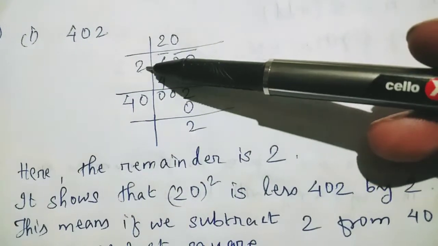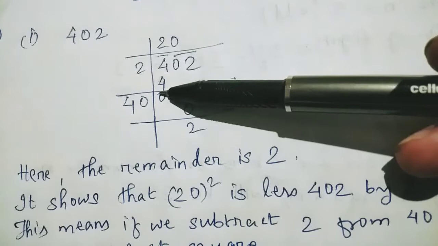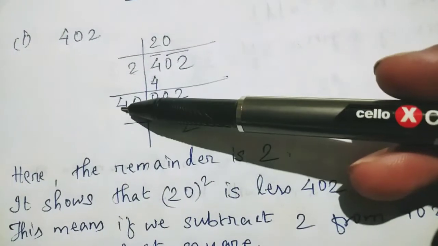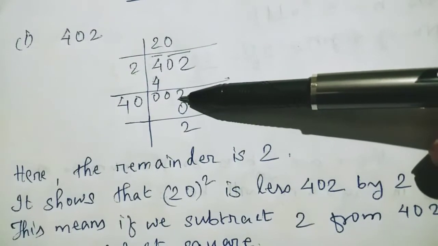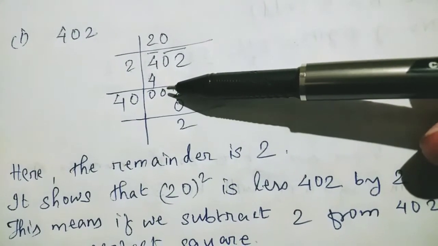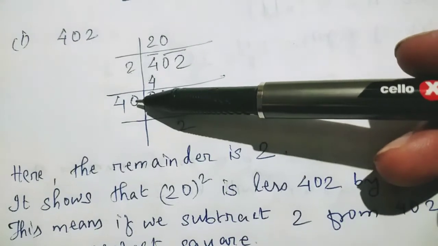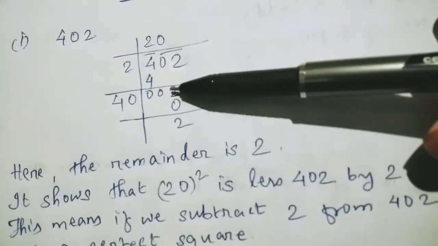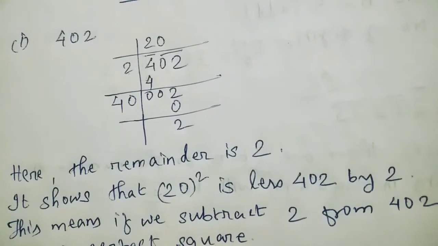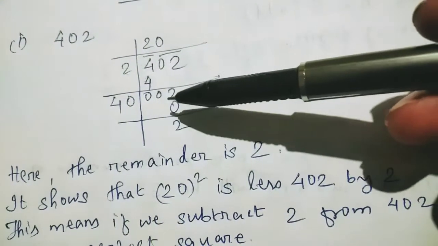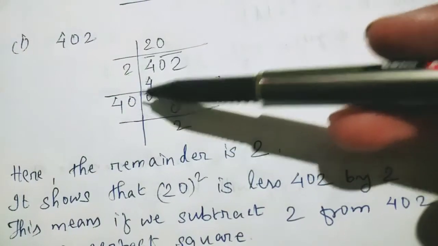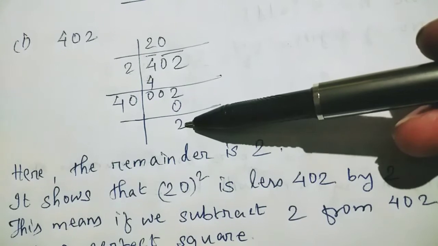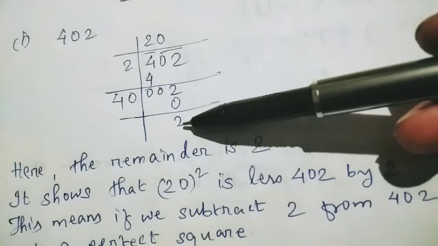So 2 to the 4, so this is 0. Now 0 and 2 will come down, and 2 plus 2 will be 4, and now only 2 is there. So by what number will you multiply? By 0, because if you multiply by 1, then 41 times 1 is 41, which is not possible because 2 is a small number. Whenever you get a small number you have to multiply by 0. So 40 times 0 is 0 and the remainder is now 2. Okay, so the quotient is 20 and the remainder is 2.